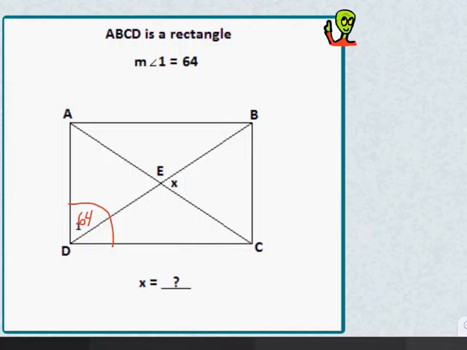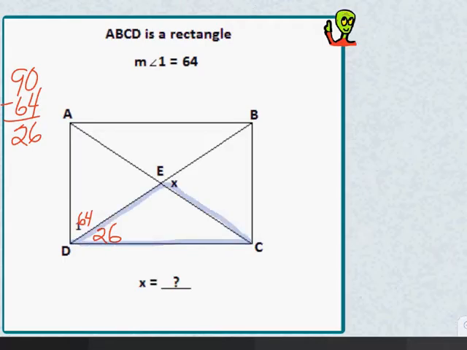Angle ADC is a right angle, so if that's 90, 90 minus 64 gives us 26 for the angle adjacent to the 64 degree angle, so that angle is 26. So I'm going to continue this way, and I'm going to say this triangle